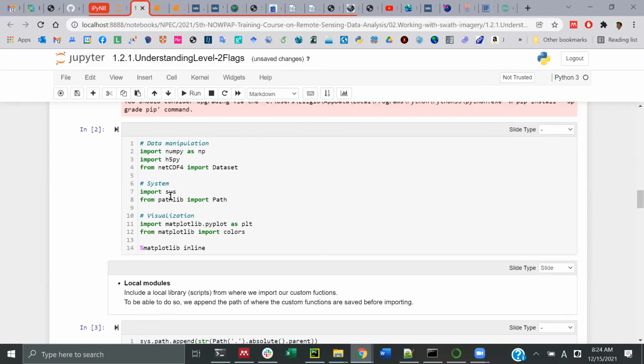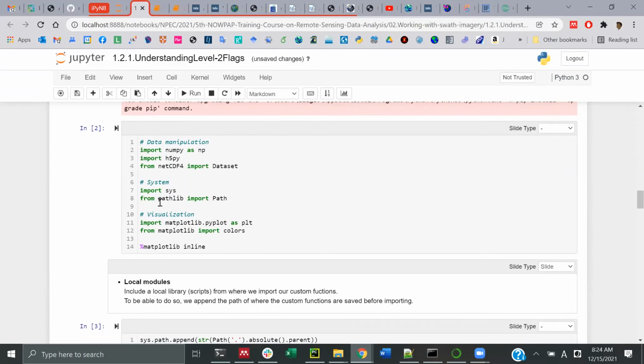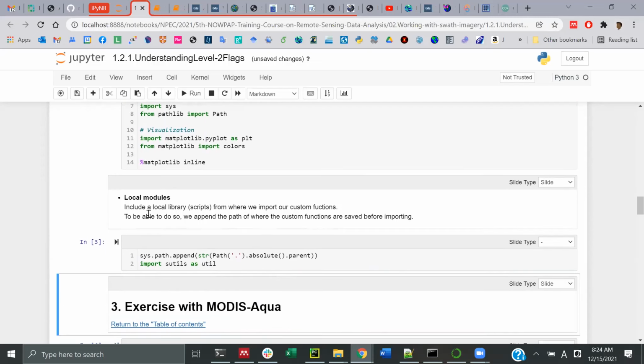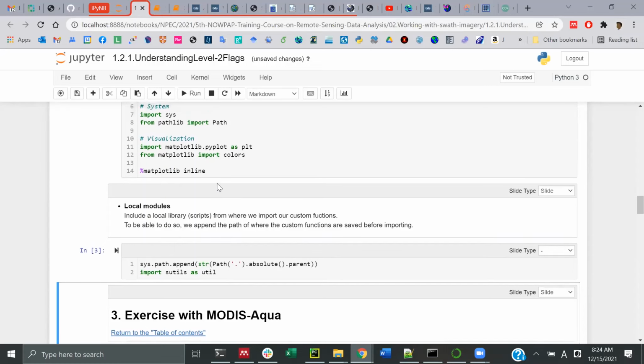All of these modules are inside the Python system, so the path where they are located is known by the system. But for my own code which I wrote, the system doesn't know where it's located. So I have to add this path so that when it tries to import,